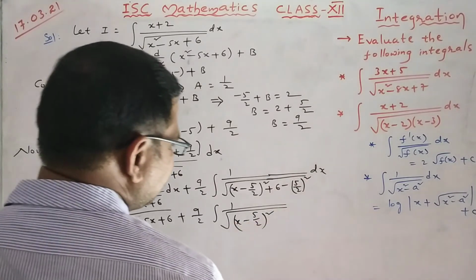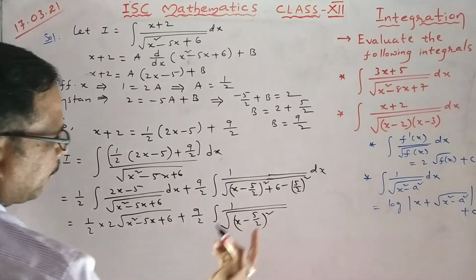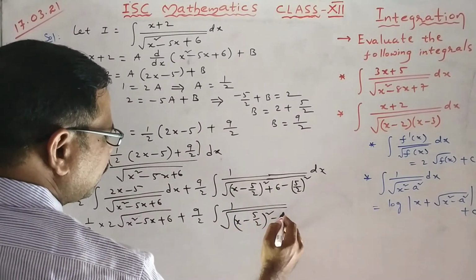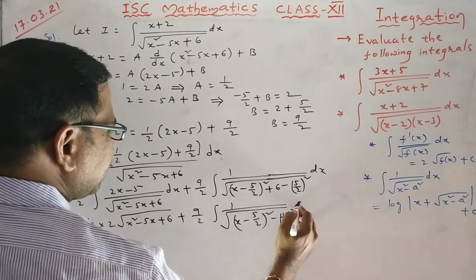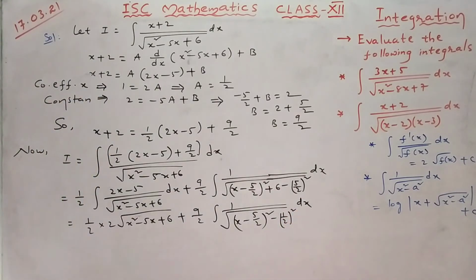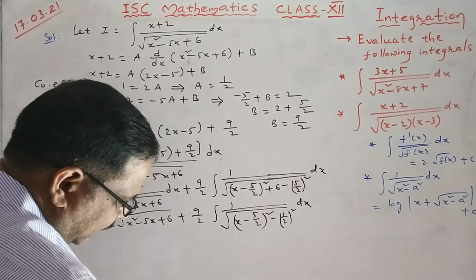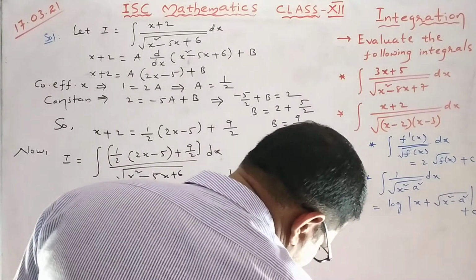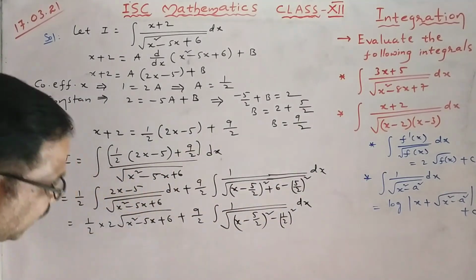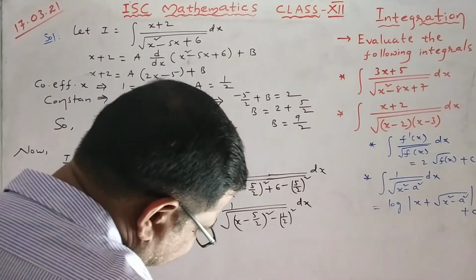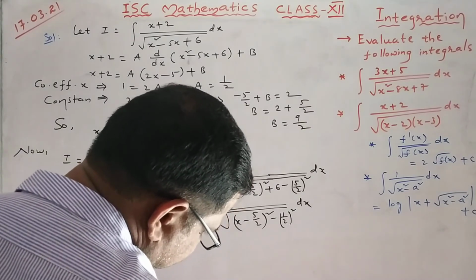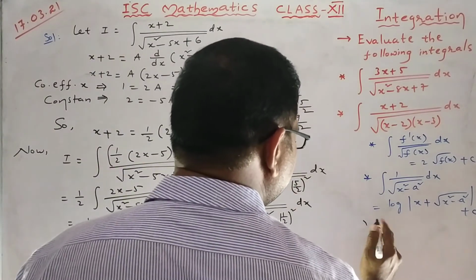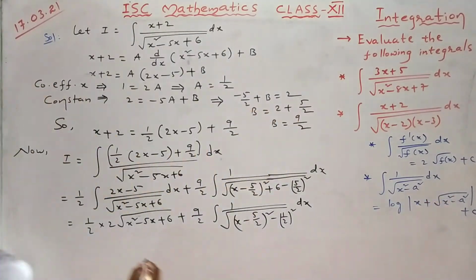For x, the coefficient of x is 5, half is 5 by 2, whole square, plus 6 minus 5 by 2 whole square, dx. Whatever we have, either minus 5 by 2 or plus 5 by 2, subtract 5 by 2 whole square from there. 1 by 2 times 2 root f of x, that is the f dash x by root f of x form, plus 9 by 2 times 1 by root of (x minus 5 by 2) whole square. So 5 by 2 whole square means 25 by 4, so 4 sixes are 24, so minus 1 by 4 means 1 by 2 whole square, dx. Clearly it looks like 1 by root of x square minus a square, right? Correct.